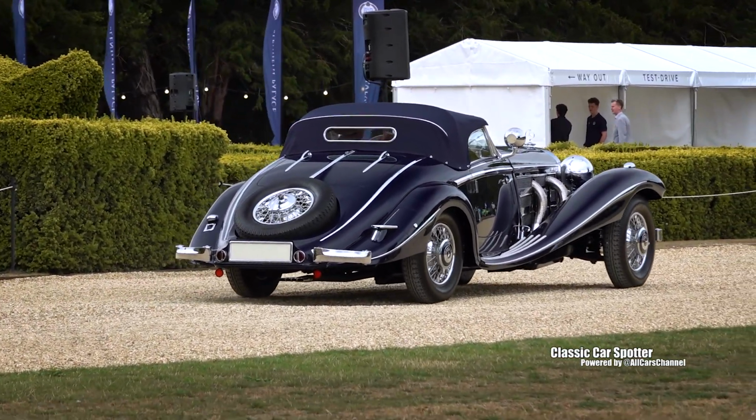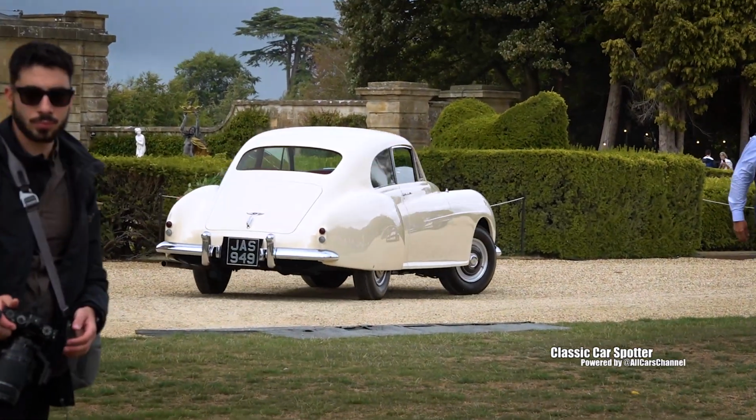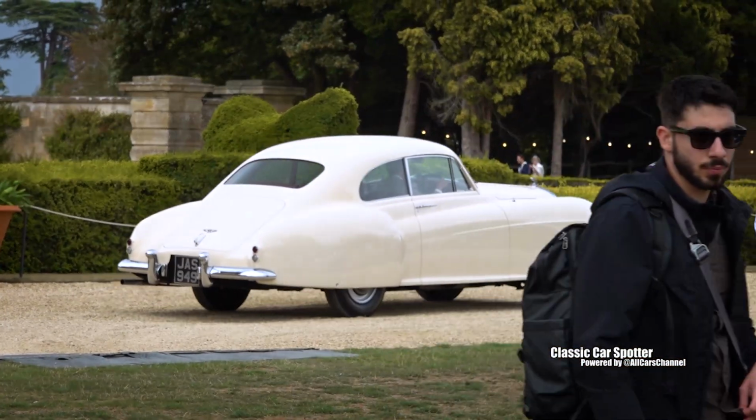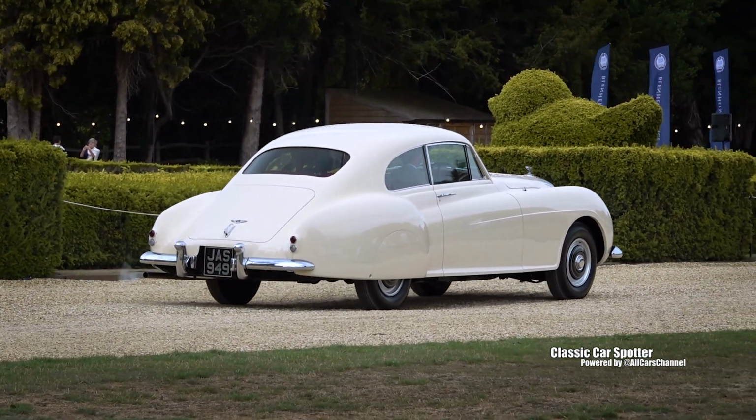Well, I think, if I'm not mistaken, this car's been to Jordan 4 times. It's done Shanghai to Beijing. It's been to the Alps of Switzerland, the Argentinian Mille Miglia. I mean, I don't think there's any R-Type Continental that has been to...